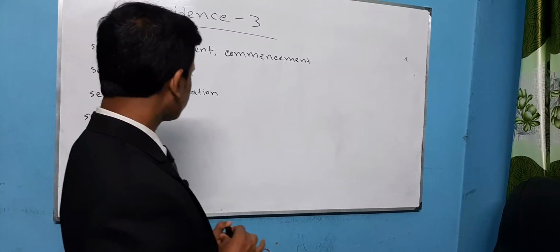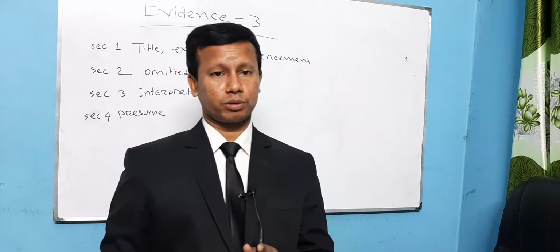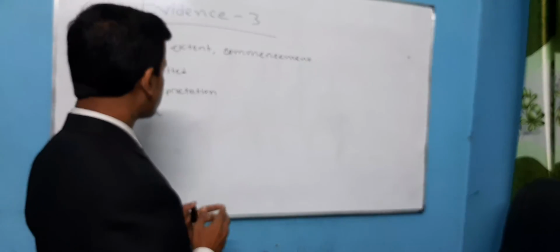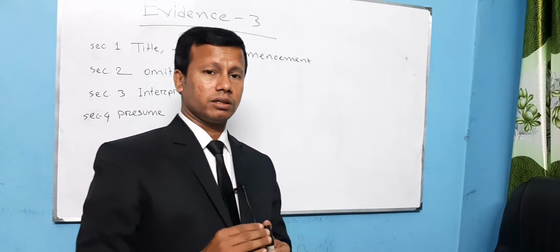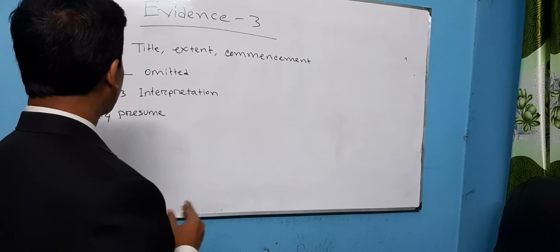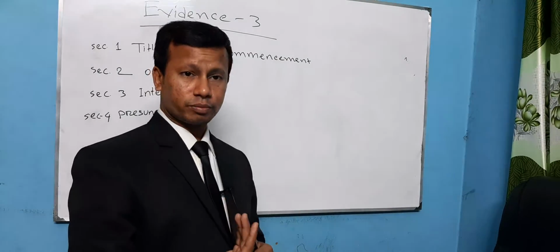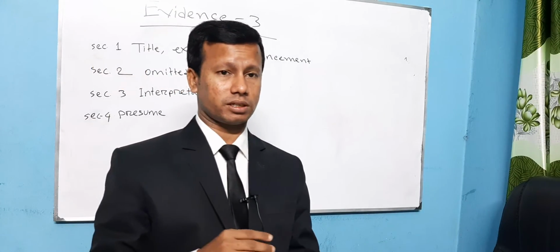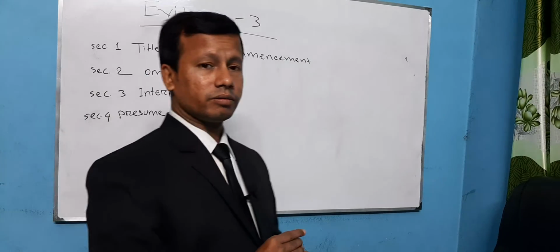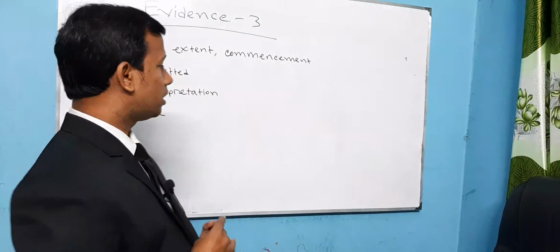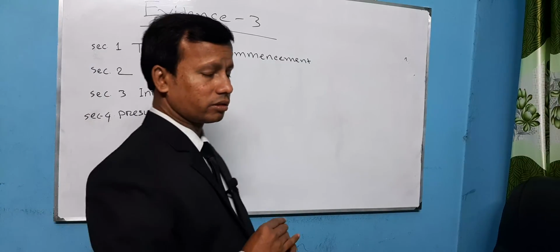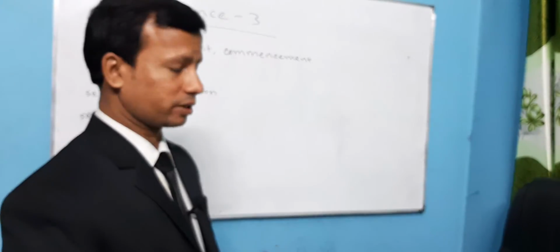It's called disproved. Now, not to be proved. What is not to be proved? When any party hasn't submitted or presented anything for proving yet, then it will be called not to be proved. If anything is submitted for proving, it will be either proved or disproved. But when anything hasn't been submitted yet, it is called not to be proved, because the court neither believes nor disbelieves it. That means it hasn't been presented here for proving.